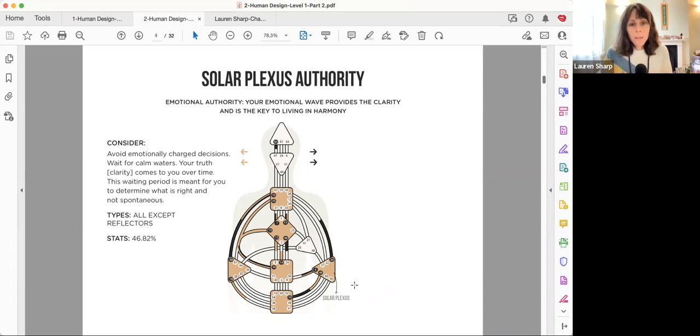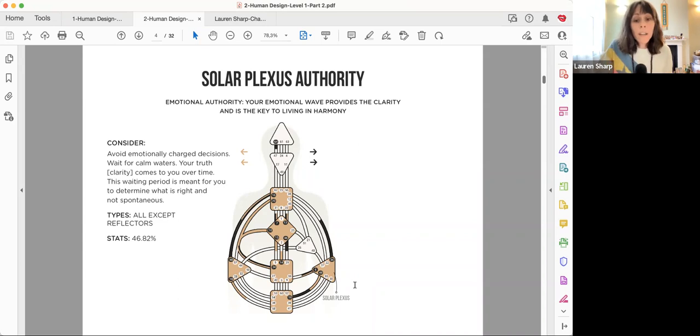I always say for solar plexus authority, don't be spontaneous. And it's not that I say it, it's all the text in human design that says, please don't be spontaneous. Don't just break up with somebody on a whim, or decide, okay, great, I'm just going to do this spontaneously, and it's kind of a big decision, and it leads you down a certain road, and you've committed to it now, and you start walking down that. So just wait. Don't quit your job, don't leave your relationship, don't say let's move in together too soon, any of those things. You've got to feel it out. And if you're feeling that it's not right, you've got to honor it.